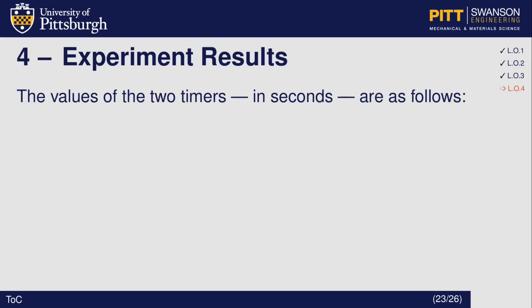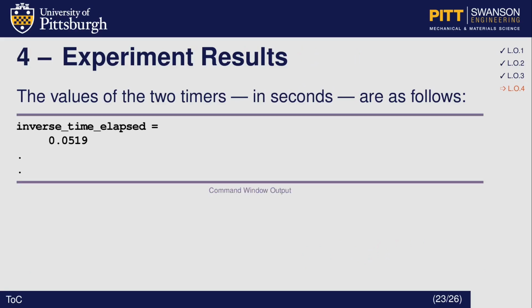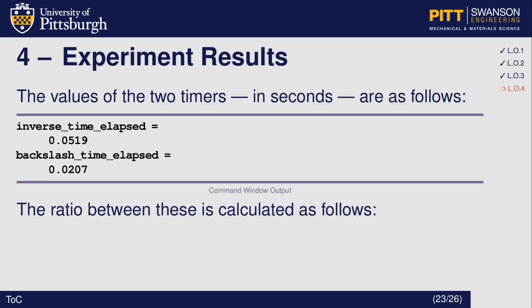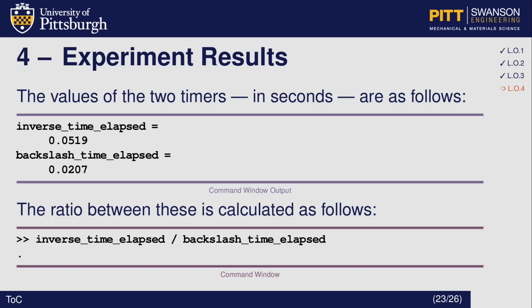Now the values of these two timers in seconds are given as follows. The time for using the inverse command is 0.0519 seconds. The time for using the backslash operator is 0.0207 seconds. The ratio between these times is calculated as follows. The inverse time elapsed divided by the backslash time elapsed gives 2.5050. This tells us that for this example, using A backslash b is 2.5 times faster than inv(A) times